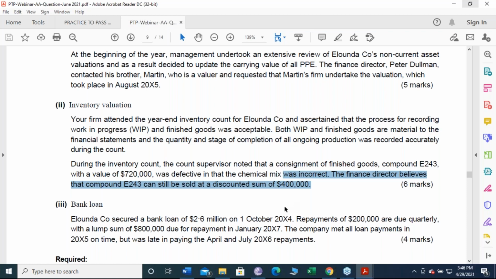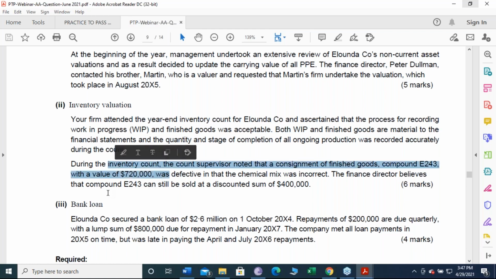Number third, I've got doubt regarding this 720,000 as well. I would like to get the supporting document from the client in order to verify that this defective chemical has got to do with 720,000. What if this is 820,000? What if the adjustment which is required is not 320,000, 720 minus 400, 320, but the adjustment required is for 420,000. So I need to get the supporting documents from the client regarding the 720,000 as well. That's my procedure number 3.